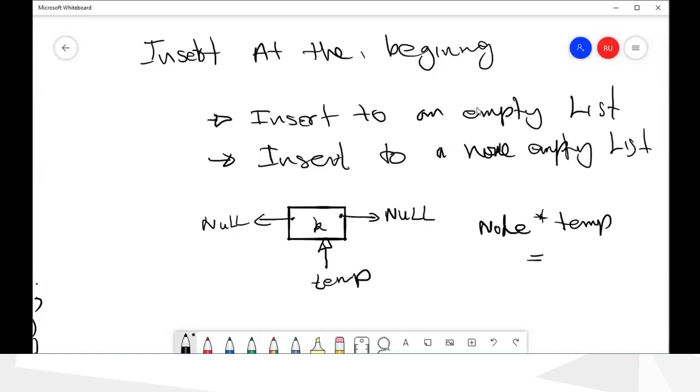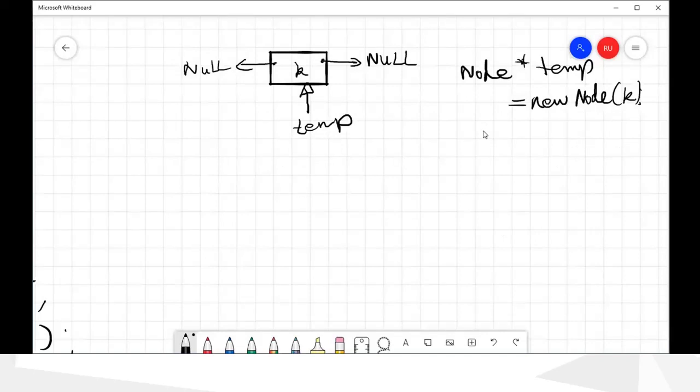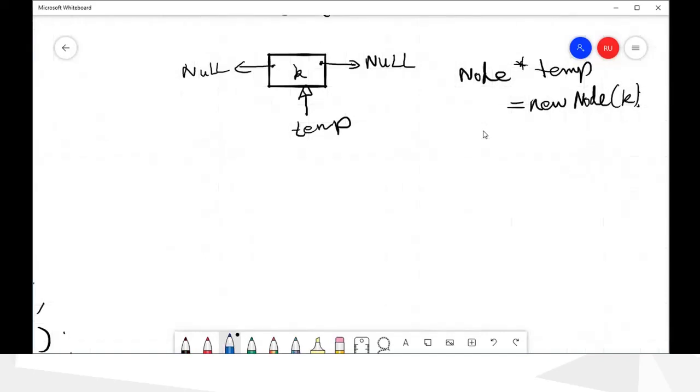And then if it is the first case, if we have an empty list, we will have null for head and tail. So what we want to do is put head here and tail here. So this is for an empty list. And if it is a non-empty list, we will have some elements.